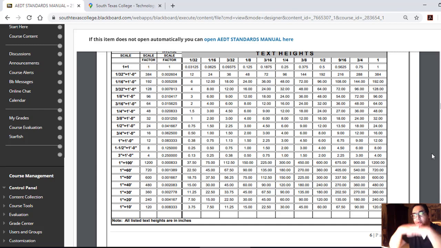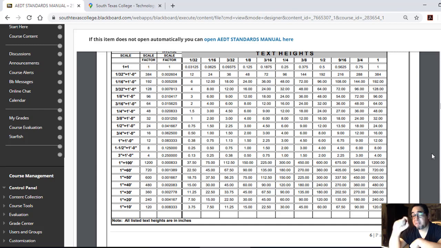Your title block is always going to be on paper space, and remember, from paper space is where we print. So the text that we have there on the title block doesn't change sizes because you're not going to scale the title block itself. You're going to scale the drawings inside the title block. Okay, so the drawings inside the title block, which are in model space, and I'll show you right now, those do have